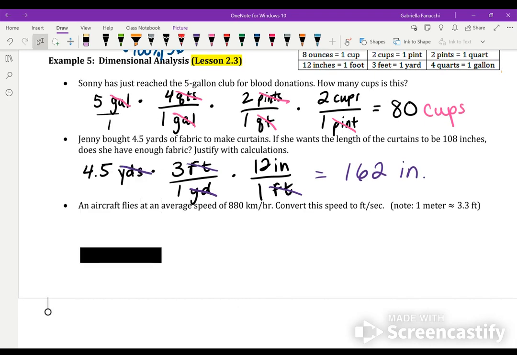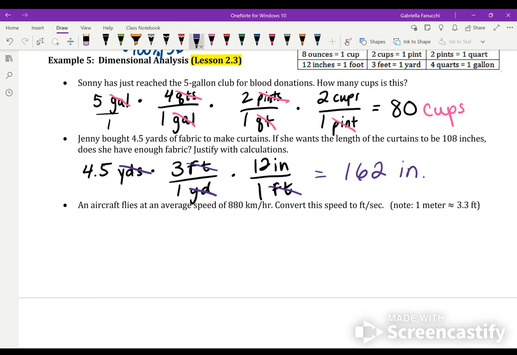All right, I want you guys to go and see if you guys can go ahead and solve this one by yourself. So set it up. I'm going to just tell you right now that 1 kilometer is worth 1,000 meters. So start there, because you have 880 kilometers per hour, and you